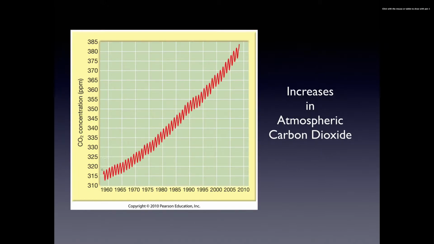Here's an example of the measured increase in carbon dioxide that's due to human influences. So this started with an observation back in 1960, and again we see this breathing in and out of the atmosphere that's due to the respiration of the organisms on the Earth, primarily plant life. The plants would take up more CO2 in the summertime, and then when they would decay or drop their leaves in the wintertime, they would release CO2 and back and forth. But there was also this very noticeable trend, especially over several decades, of an increase in CO2. And this is an exponential increase in CO2, and like I said, it has a doubling time of about 100